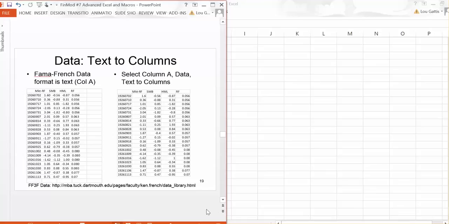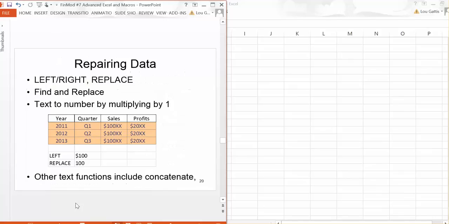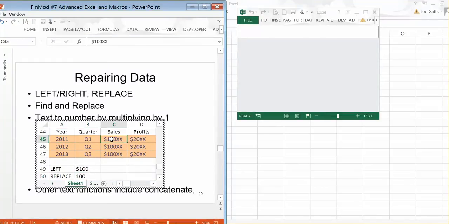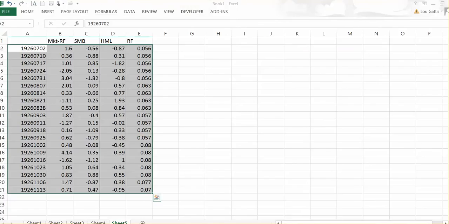A lot of times in finance, we're always trying to repair data, or get data that's missing, or omit data that's missing, or change some miscellaneous characters that are out there. So here are a couple things to do that. I'll just click on here and show you these. One, sometimes I'll download data from some financial websites and it'll put some random characters out here. Say here, a $ sign, and this is text, and a couple X's at the end. One way of fixing that